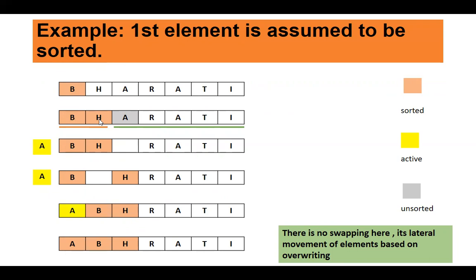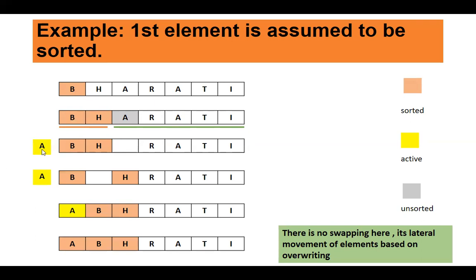And now you can see this is your problem statement. This is the part of the solved problem and this is the part of the unsolved problem. At each iteration, like in the first iteration, the solved problem increased by 1 and the unsolved problem is decreased by 1. The next item you want to put in a proper position is A.